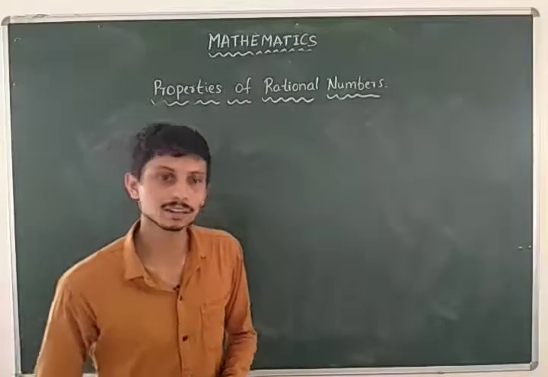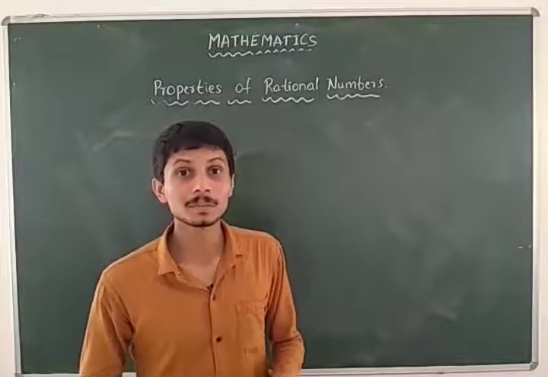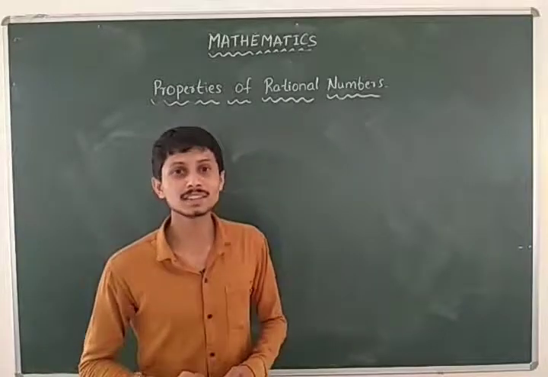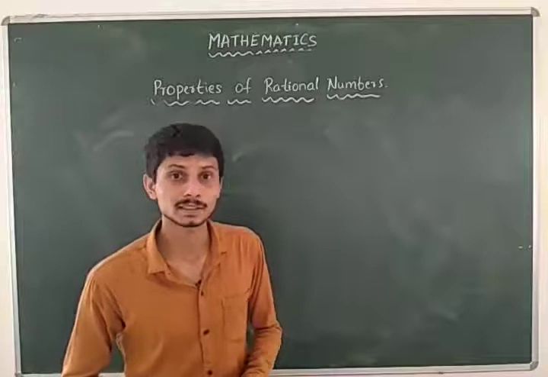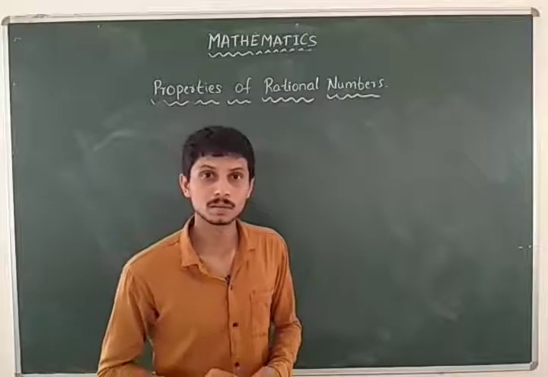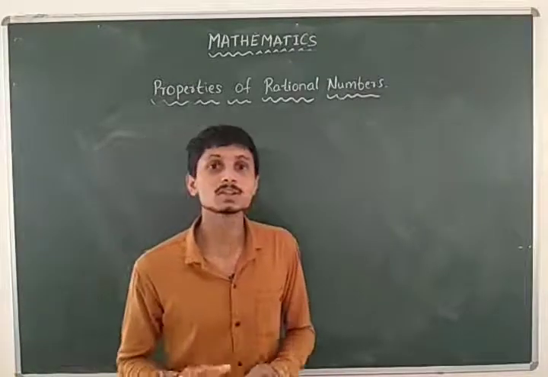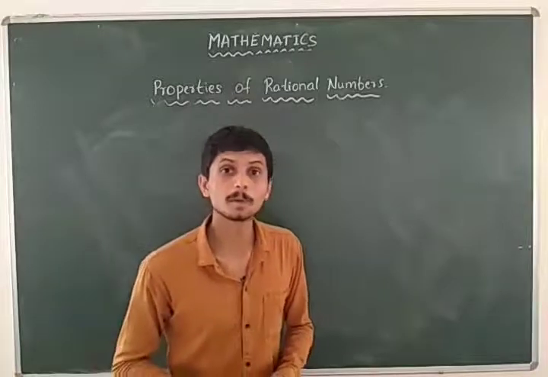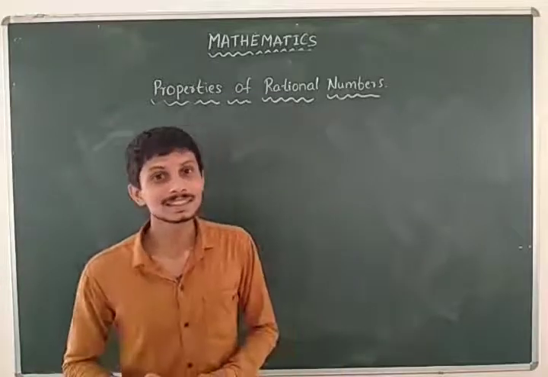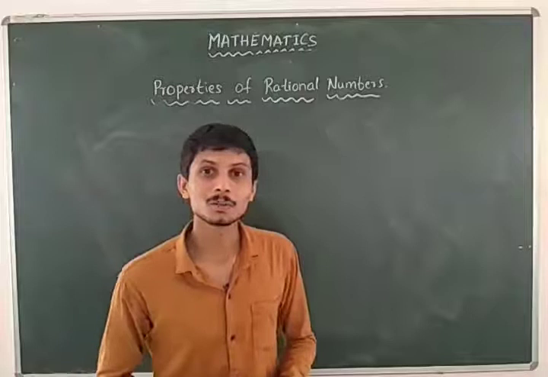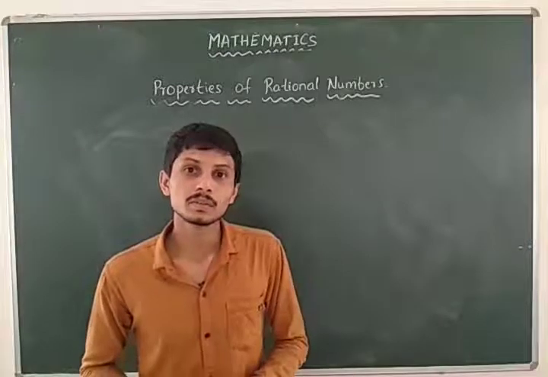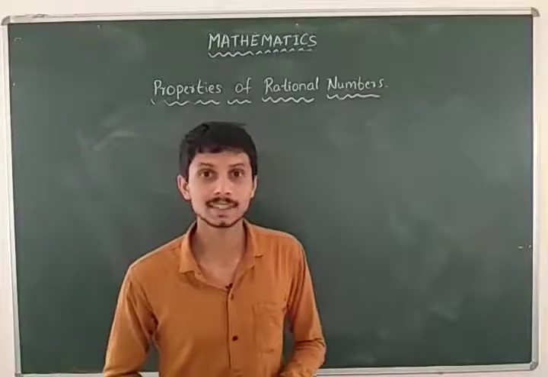I am from Annavara. Last class we discussed the properties of rational numbers from the 8th standard. Here also we are discussing the other properties of rational numbers. Last class we discussed the closure property of addition, subtraction, multiplication and division. We got the result that closure property holds good for addition, subtraction and multiplication but not division. We proved that by taking some examples.